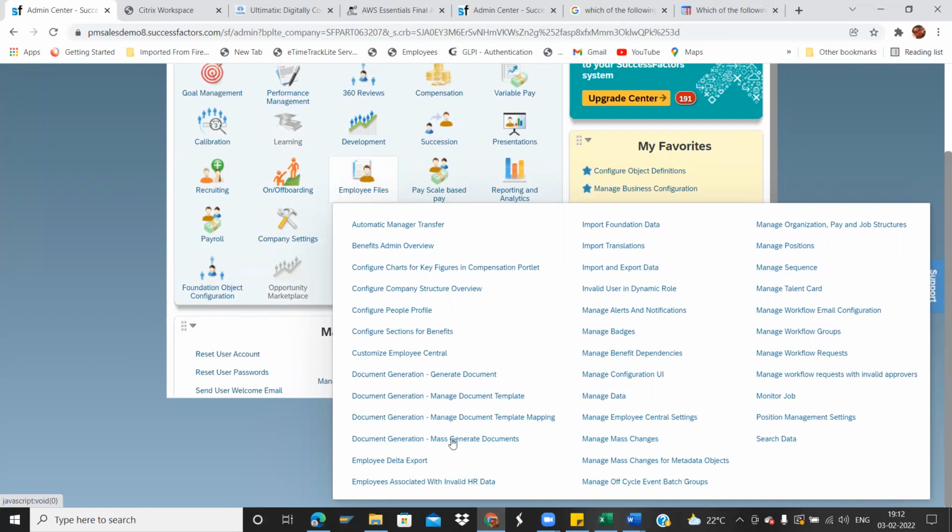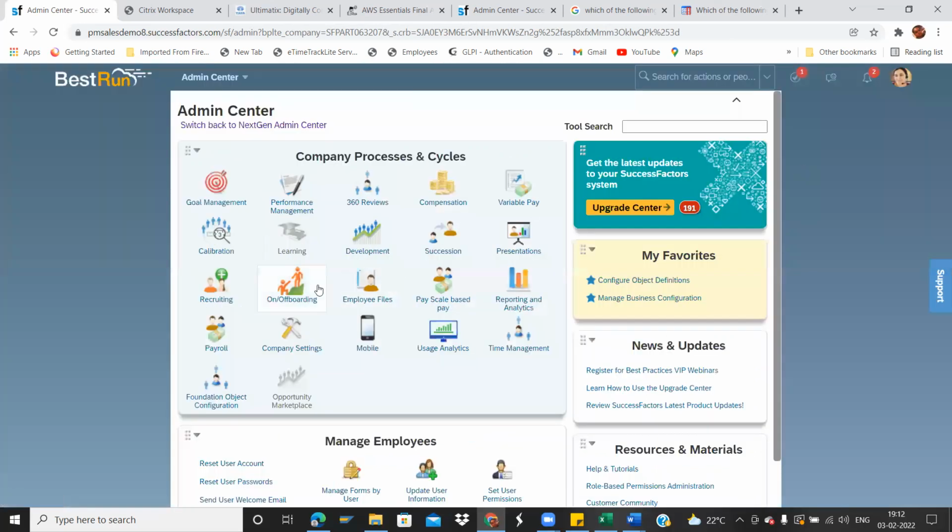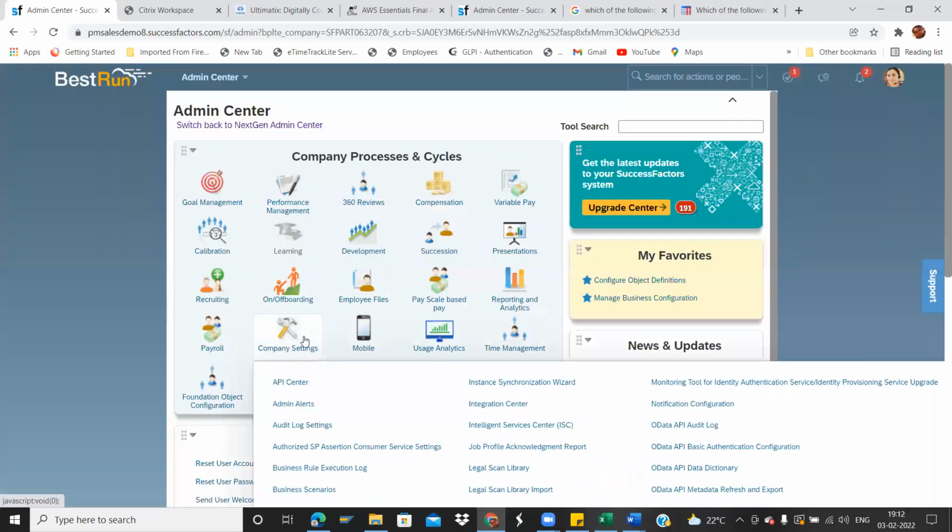User will be entering the values, but here you will be having other modules related things as well, like document generation and all. So slowly, as we go ahead with the topic, you will be able to understand what all the things we will be using for Employee Central, like Manage Positions. So one is Employee File, and then,